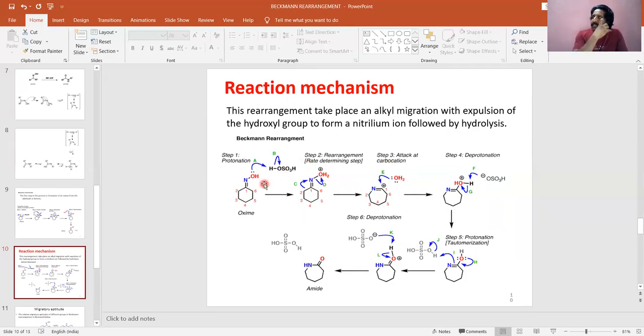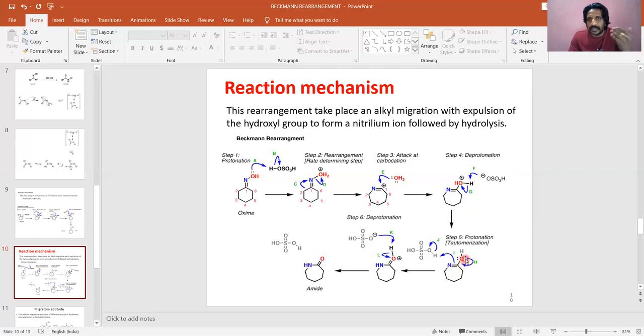Second step, as I said earlier, acid is used as a catalyst. So initially we added H plus, and as a catalyst, it has to get back. So we abstract this hydrogen as a proton using HSO4 minus, and H2SO4 is retained. As a catalyst, it remains chemically unchanged at the end of the reaction. So what is the remaining structure? We will have the 7-membered ring which has a C double bond N with the OH. There is no OH2 because the second hydrogen is abstracted by the acid part, and we regain our acid. So now we have a 7-membered ring with the C double bond N with OH.